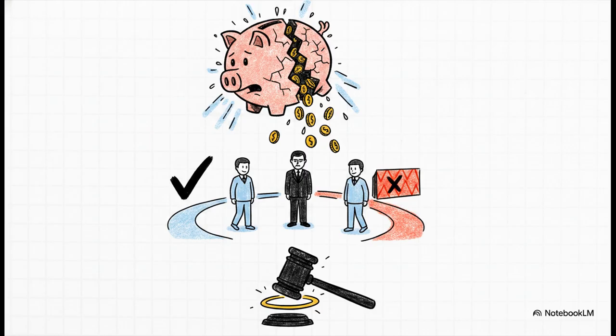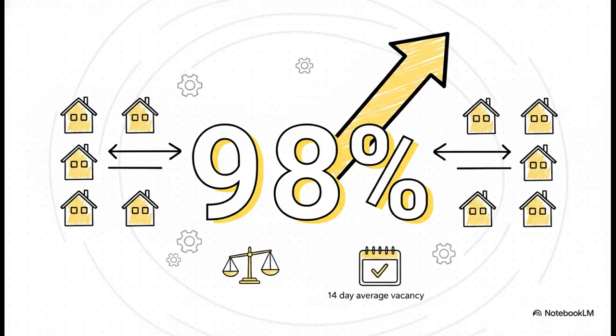The thing to remember is that discrimination claims almost never turn on what you intended. They turn on whether you treated two applicants differently. But on the flip side, strict consistency actually drives incredible success. Notice that massive 98% right there? By applying identical, written processes to every single applicant, Alpine Property Management Kansas City has maintained a 98% rent collection rate and a 14-day average vacancy. They have achieved this across more than 250 properties since 2013. And most importantly, they have done it without ever taking a single discriminatory shortcut.